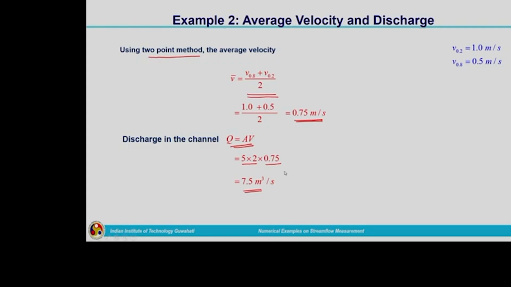So, this is also direct substitution. The only thing is that you need to calculate the average velocity and just substitute in the continuity equation to get the value corresponding to stream flow or discharge. In this particular problem, computation of area is not a difficult issue because it is a rectangular channel and we have measured at the center line, or the data given to us are at 2 depths. So, average velocity of the stream is computed,